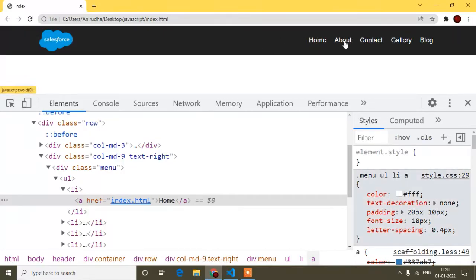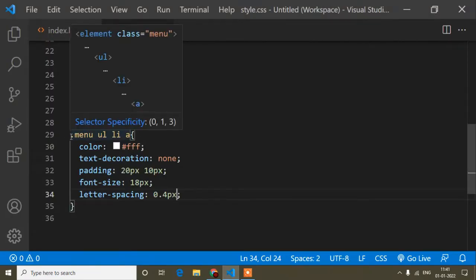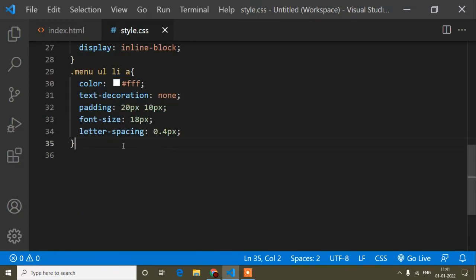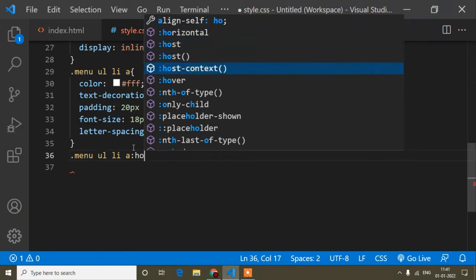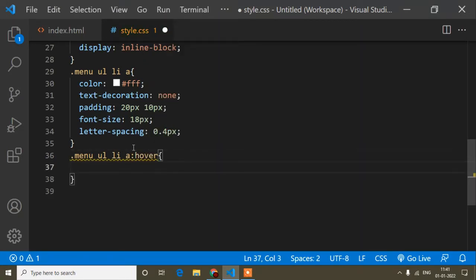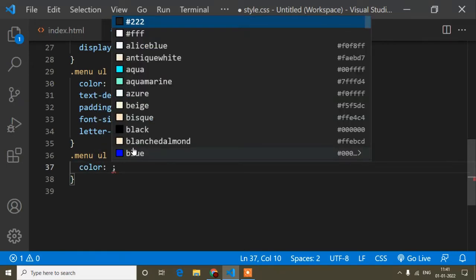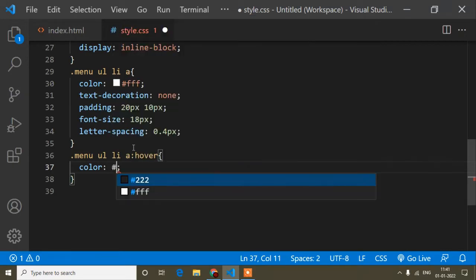And guys, when I hover on this menu, at that time I have to provide some information, like your mouse is on this menu, now you can click. So for that I can change the menu color. Okay, so what I will do, just here I will copy and paste, and here I will write the hover effect. So this one, hover. Okay, so when I hover, now here I can change the color. I can change it to red color or any color.